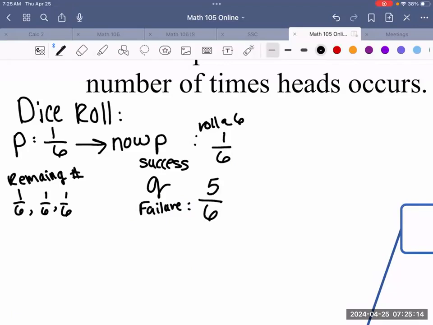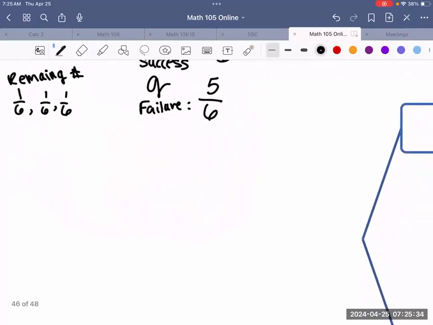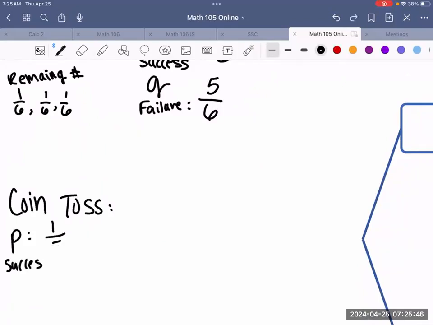Now, when we're talking about your coin toss, a coin toss is a little different because your probability doesn't change, because there's only 2 sides. But I definitely want to show you on your dice roll that the opposite for the remaining numbers is going to be a lot higher than what we've seen before. So on a coin toss, even if P is your success, it's not 1 out of 5, it's 1/2. Q, the opposite, will also be 1/2, no matter if this is a regular experiment or a,